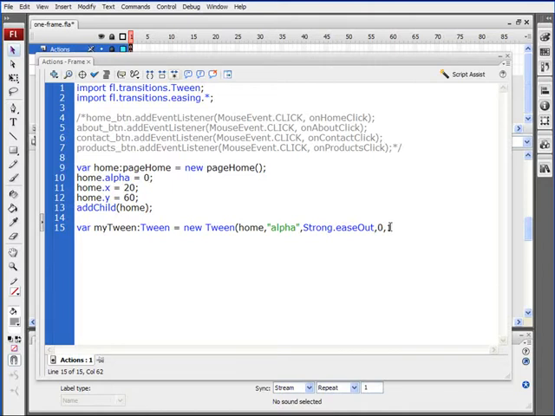Now that's another new thing to ActionScript 3. In ActionScript 2, if you've dealt with the alpha property before, the alpha property went from 0 to 100. In ActionScript 3, it just goes from 0 to 1, 1 being fully visible. Okay, so we have the beginning and ending value of our alpha, comma, and then we need two more values here,